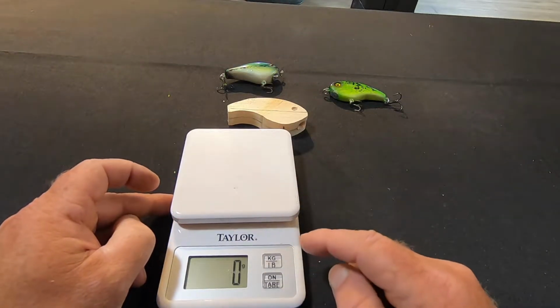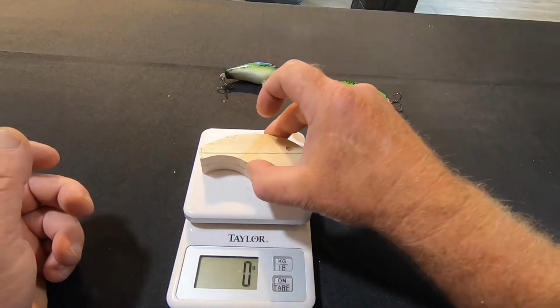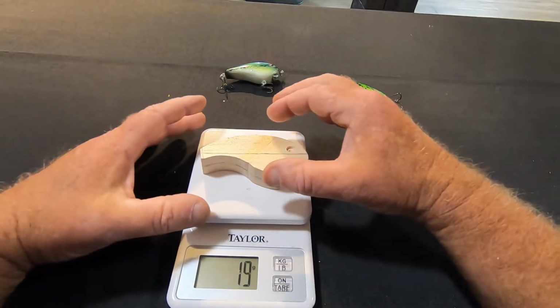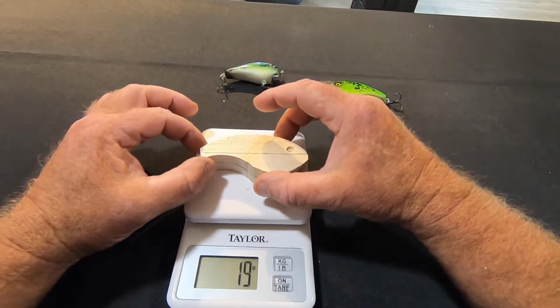And what's it going to tell me? Okay, so the good thing is that you always want to be checking your baits and seeing what they weigh. And like I said, with this one we got 19 grams. So we're going to see what it is when we carve it down. And then we'll probably add maybe 4 or 5 grams of weight just to get it to sink down